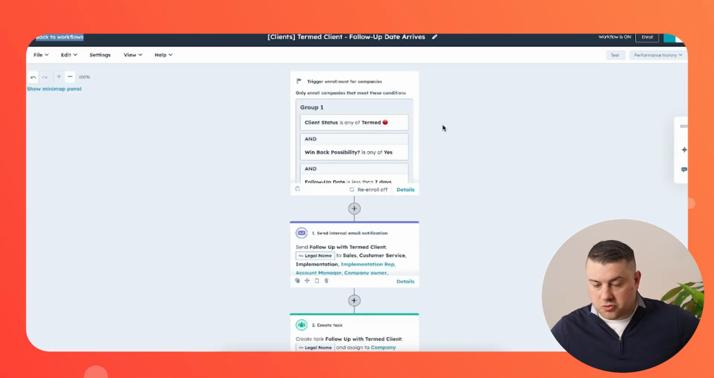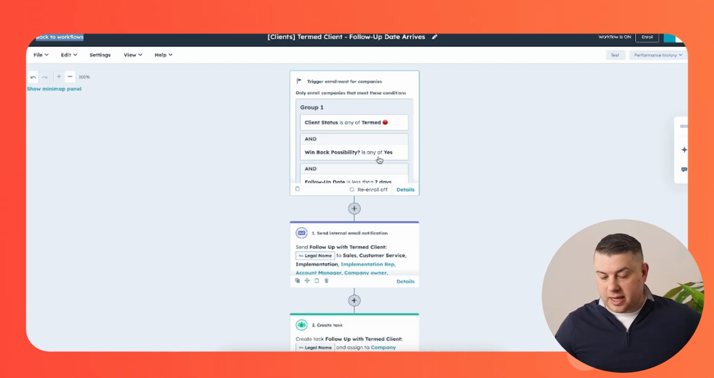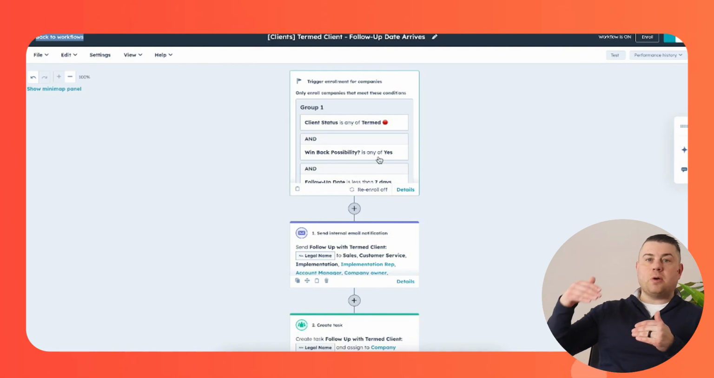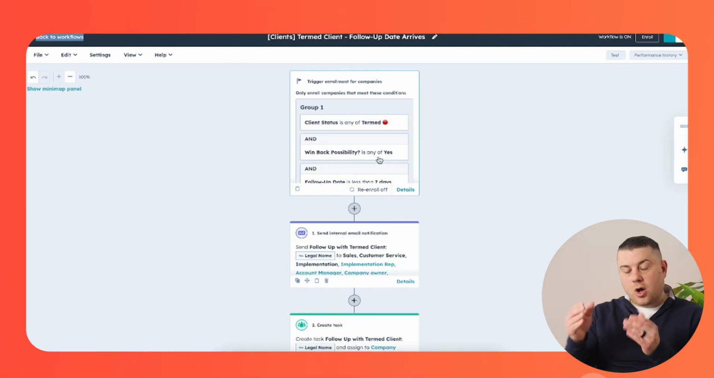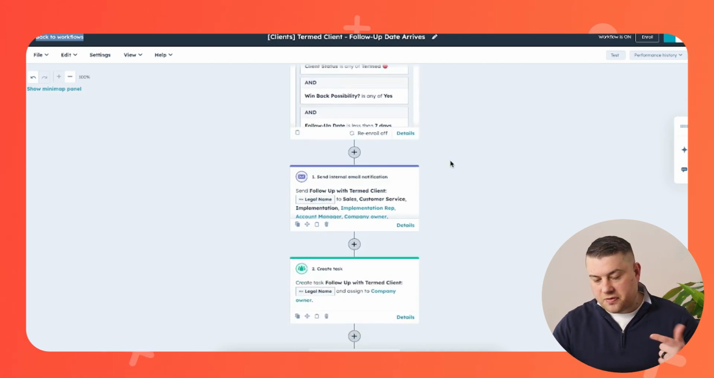Next, you have a workflow here, and this one won't trigger until all of the factors align, meaning the status is termed, the win back possibility is yes, and that follow-up date is now no more than 7 days away. So now, even if that follow-up date, whether it was a month or a year or 2 years from now, once that follow-up date is less than 7 days away, you're going to send an internal notification and